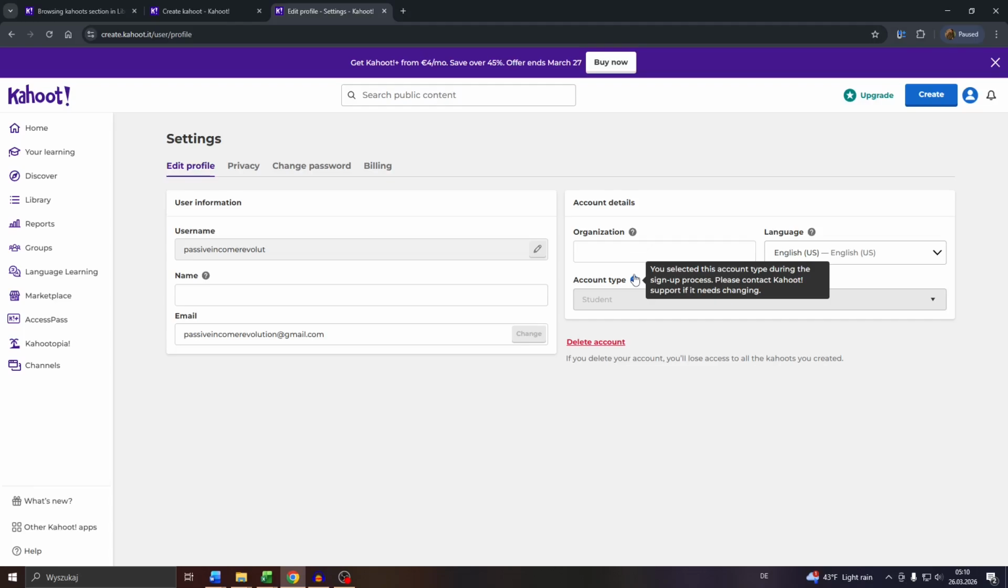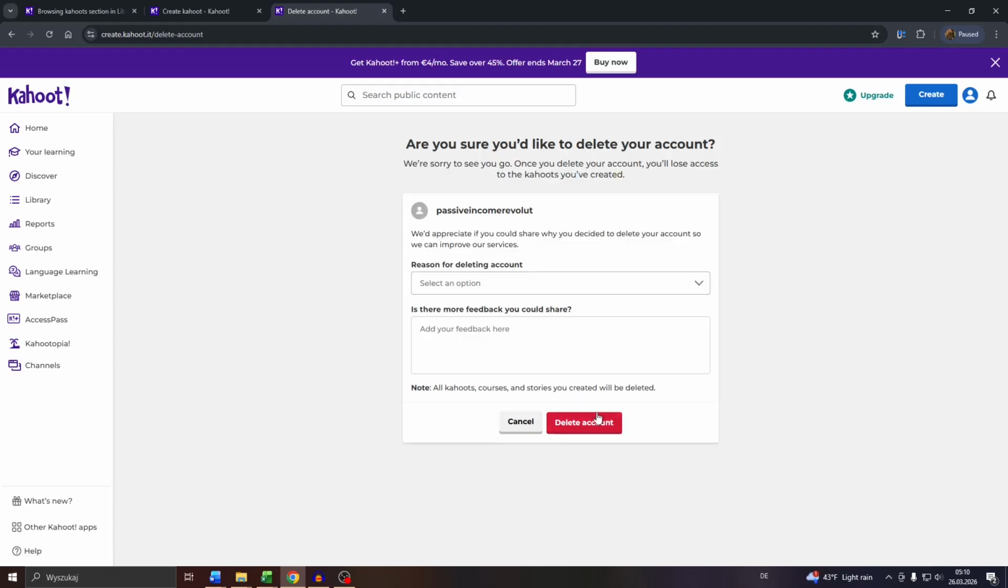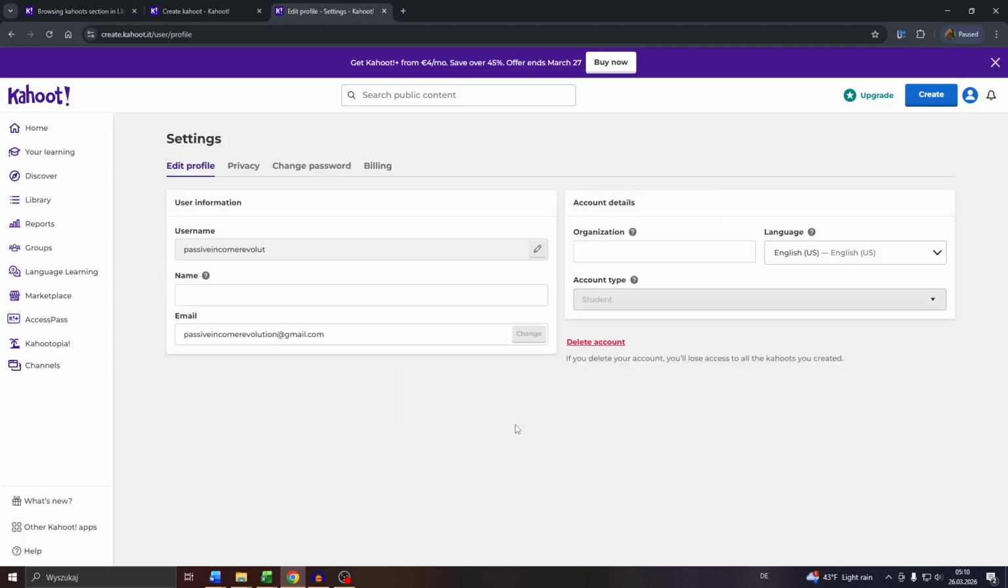You will need to, there are two options, either contact the support if you want your account type to be changed, or you delete your account by clicking into this button, confirm by clicking into that button here, and after that sign up with a new account, but this time choose a different account type, for example from student to teacher or